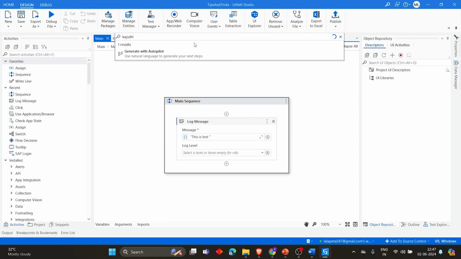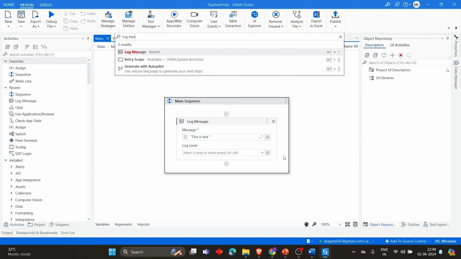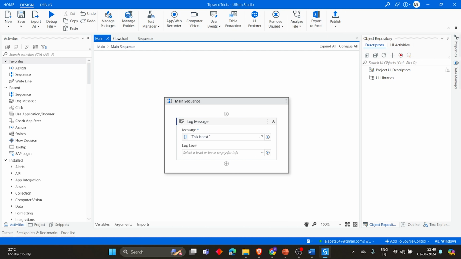You can search, and then you can just use that. You can search for log message, and then you can use that. This will be useful for faster development. And then